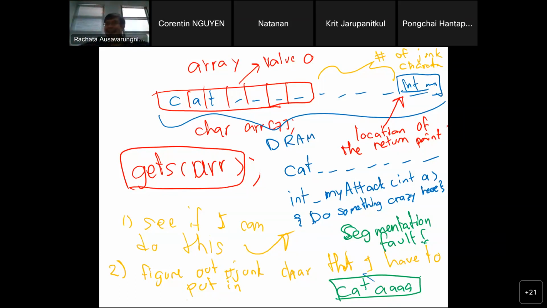You allocate a segment for that program. Segmentation fault means that you're supposed to work in this segment, but somehow you're reading from that segment over there. That's not your program, that's the other program. So that's why it's called segmentation fault. That has a more historical meaning, but fundamentally, you try to access something that's not legal.